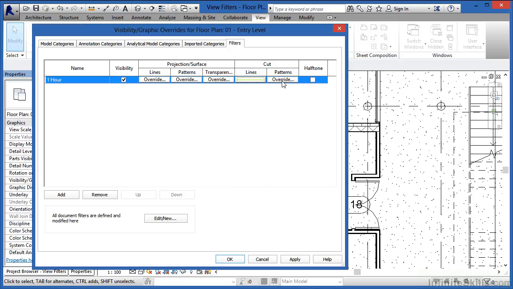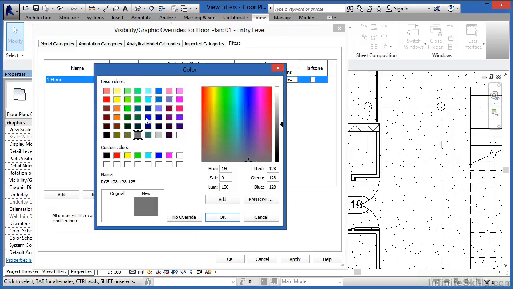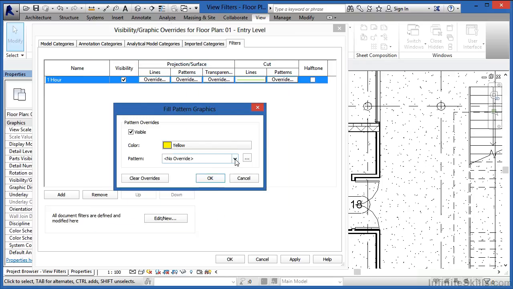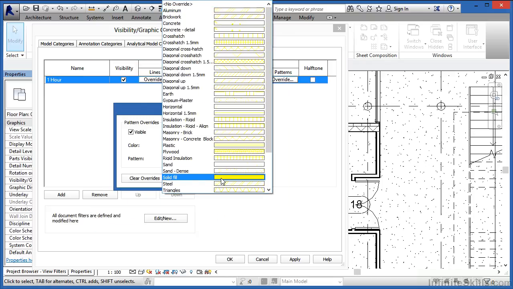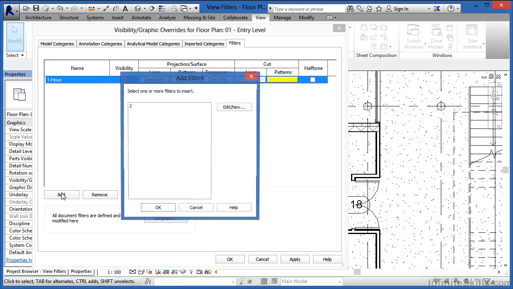But there's also an option here that's patterns with an override button here as well. And I'm going to select on that. And for the color of this pattern, I'm going to make it be a yellow. For the pattern itself, I'd like it to be a solid fill. And click on OK. Now I want to add one more to it, and this is going to be the